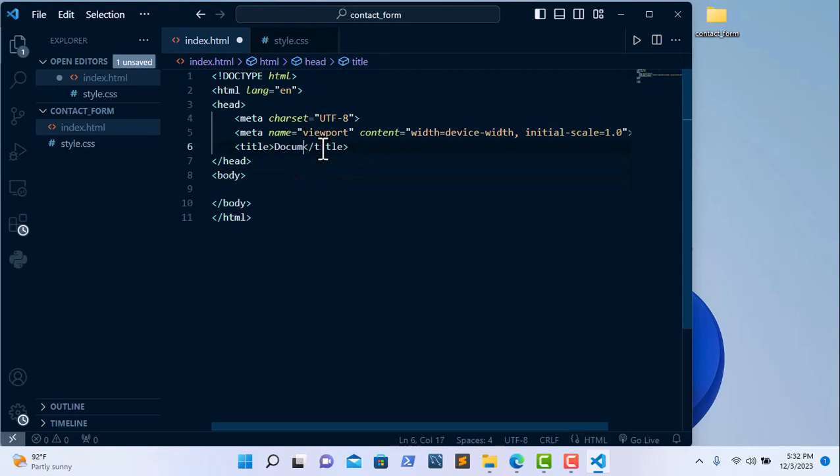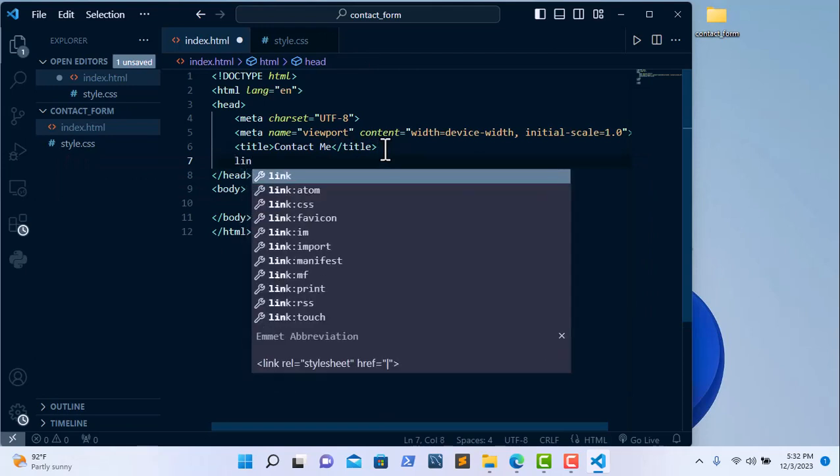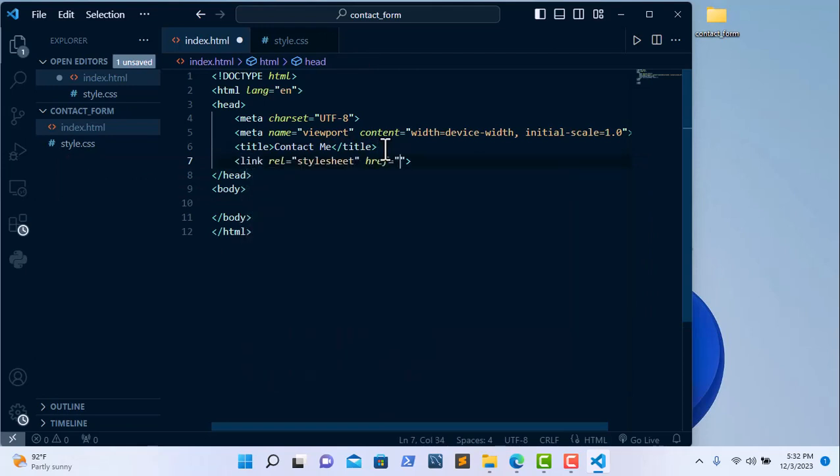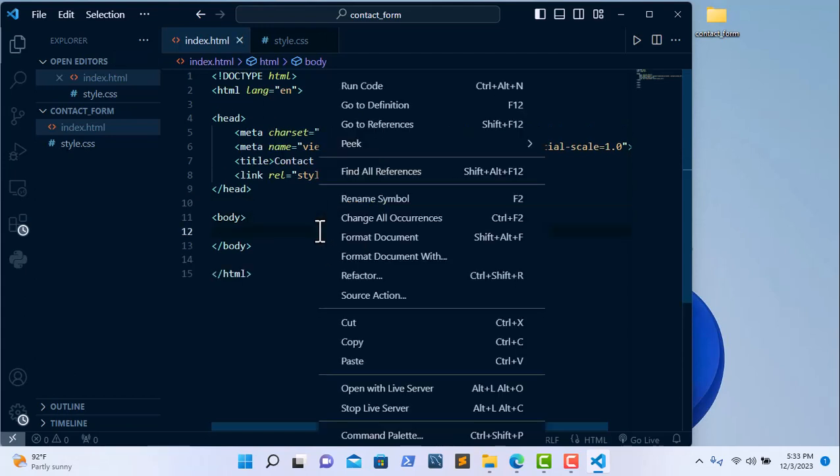Then on the title, I'm going to change the title of our contact form. I'm going to call it contact me, just like this. And then below the title, I'm going to provide the link tag. Our link tag is going to be style.css. So we have our file, so we're going to link our HTML page to the style.css. So I'm going to enter the name of the file, which is style.css. Now I'm going to save this file, and I'm going to right click and open with a live